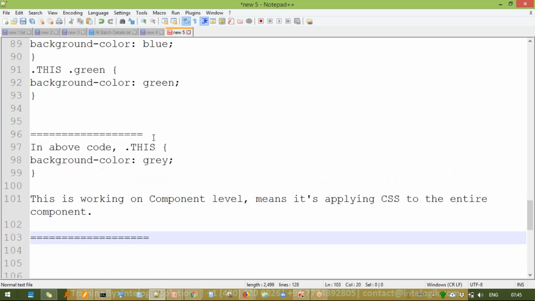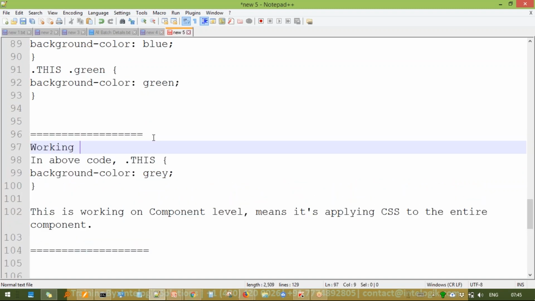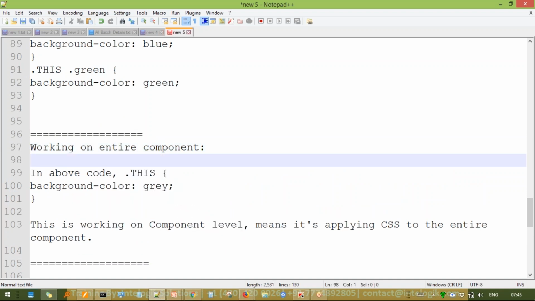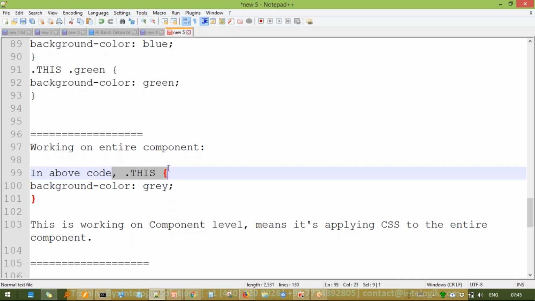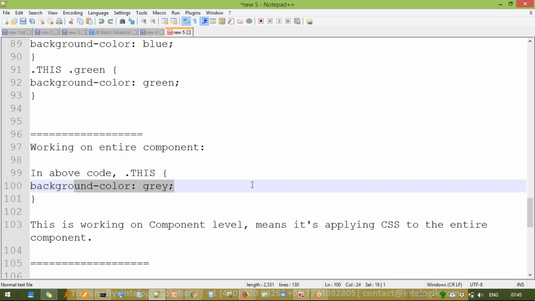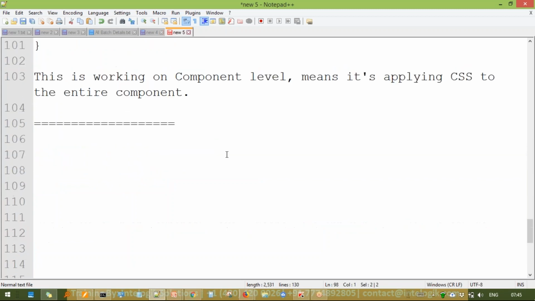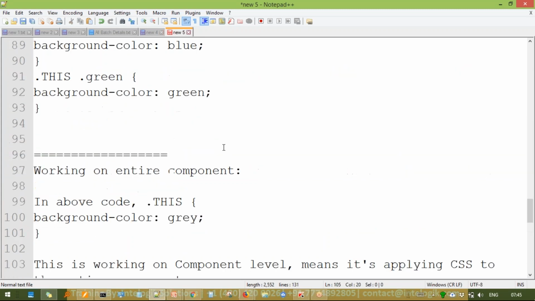If you see, we are not having any attribute. Can you see, it just directly dot this, that's it, dot this background color. So it means work on the entire component, not on any specific tag inside that component. Okay, so this is called as working on the entire component,